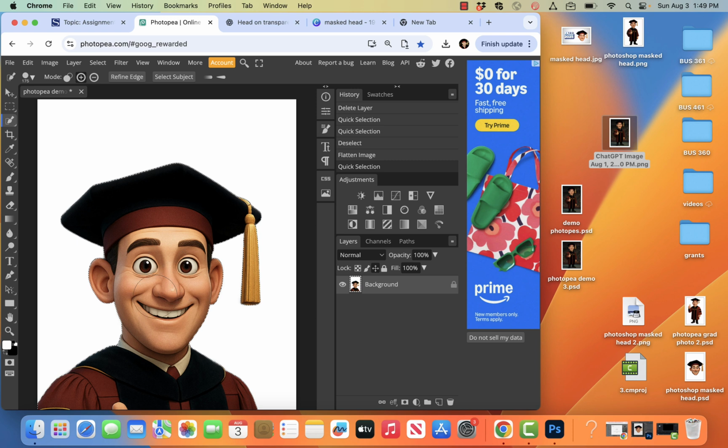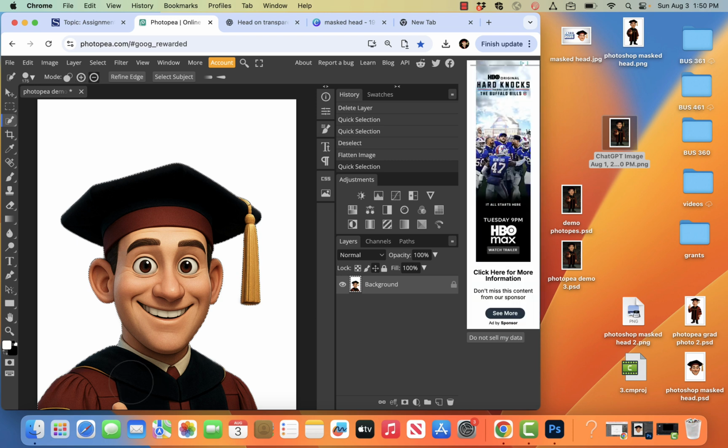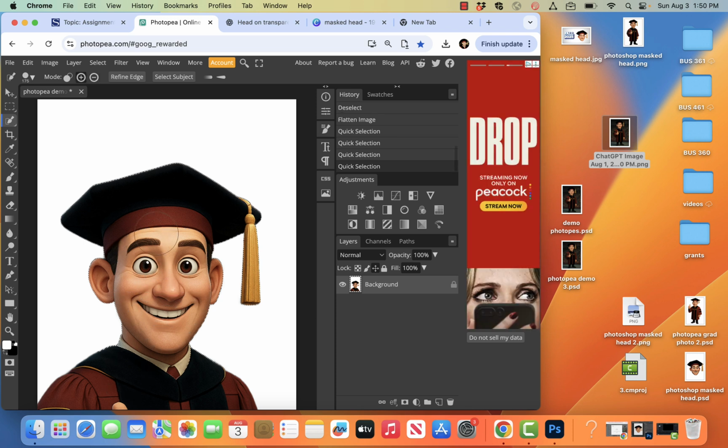I see some marching ants, and it's kind of hard to see on my screen. I can barely see, the tassel's a little messed up. But I went too far into the body, so now I'm going to option click, and option toggles between these plus and minus, add to selection, remove from selection, or subtract from selection. So option click kind of here, and then it goes back up into the face. So let go of option, then click on the face, and then it's kind of just this iterative